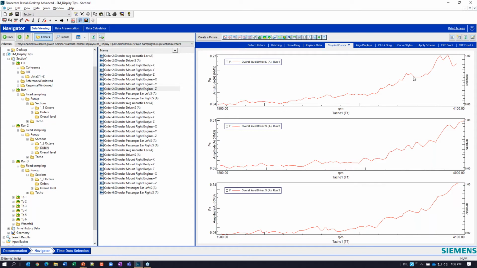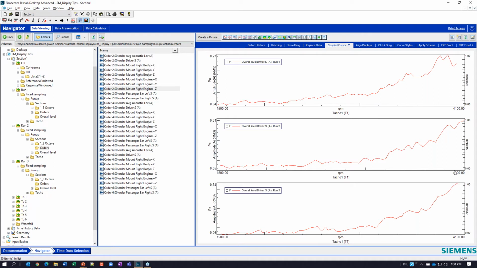Okay, so they're now all optimized to the appropriate value for that run. And you see it is a little bit different, where run 1 is 4,100 is its maximum value. This one, run 2, I only got up to 4,000 RPM. So the data is a little bit different here.